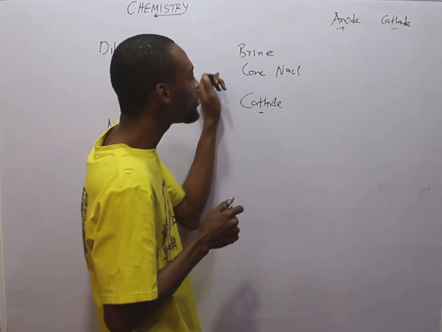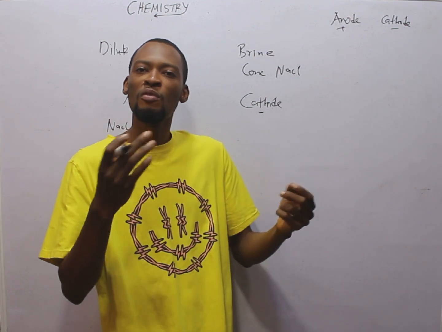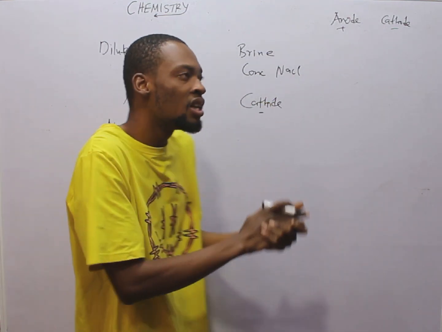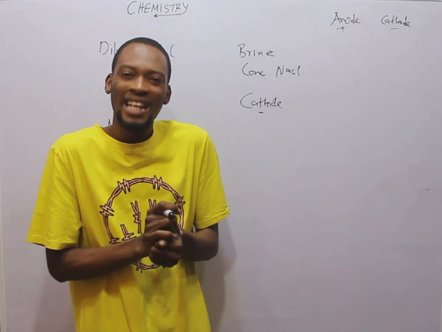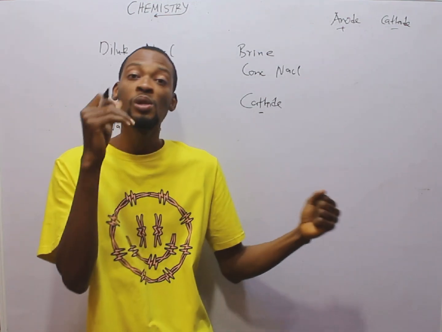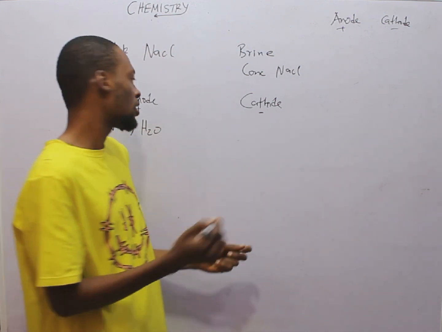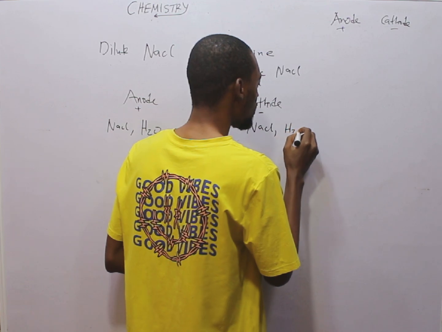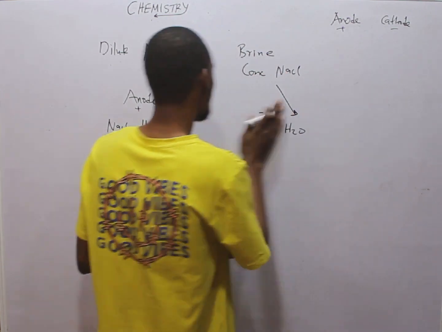Concentrated sodium chloride simply means we have sodium chloride and water, but just a small amount of water. That's what the concentrated solution is about. Even for acid, when you say concentrated acid, it means we have more of the acid than water. Small water, a whole lot of acid. It is concentrated, but it still contains a small amount of water. So this one has sodium chloride and water as well. This is concentrated. Let's leave this out.